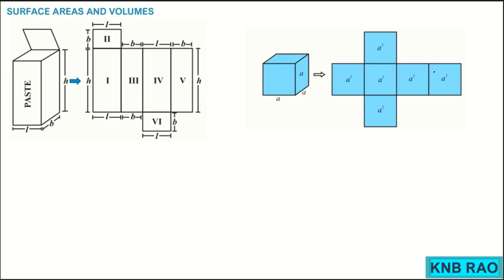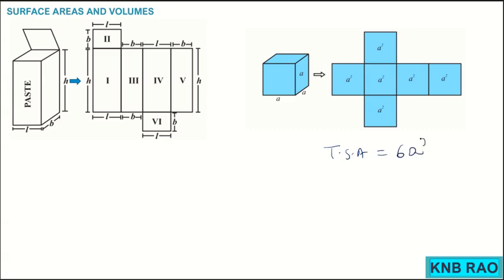It also has 6 surfaces where each surface is of the shape square. If I consider the edge of a cube as A units, then the side of each square is A and the area of each square is A square, and from this I can easily say the total surface area is